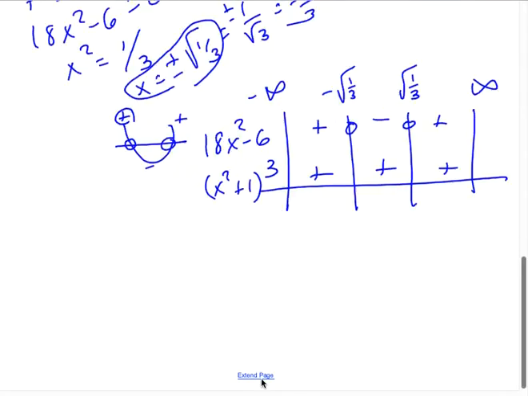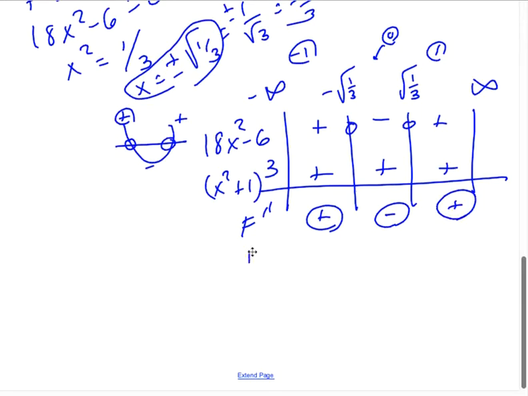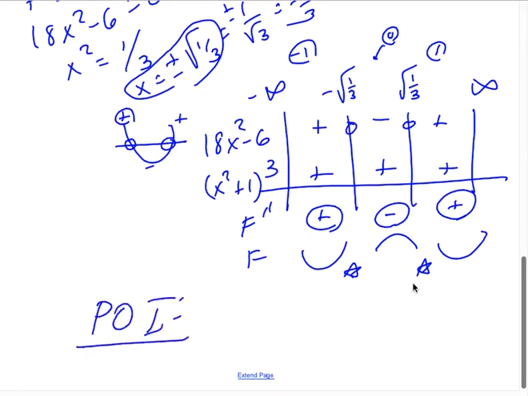and you could have picked numbers to plug in. It's not hard to pick a nice number; you could pick 0 to plug in here, right? If you'd plugged in 0, you would have gotten a negative 6, and if you'd plugged in a negative 1 and a 1, you would get positive numbers out, and you'd get 18 minus 6 in both cases. So that means that my f double prime is positive, and then negative, and then positive, which means f is concave up, concave down, concave up, and my 2 points of inflection, I believe they only wanted x coordinates, but